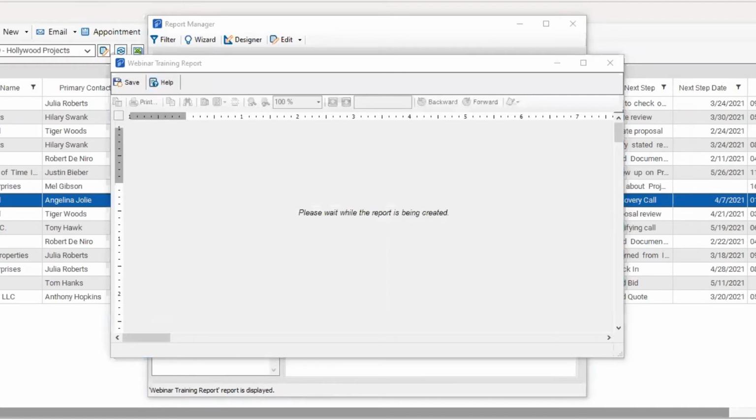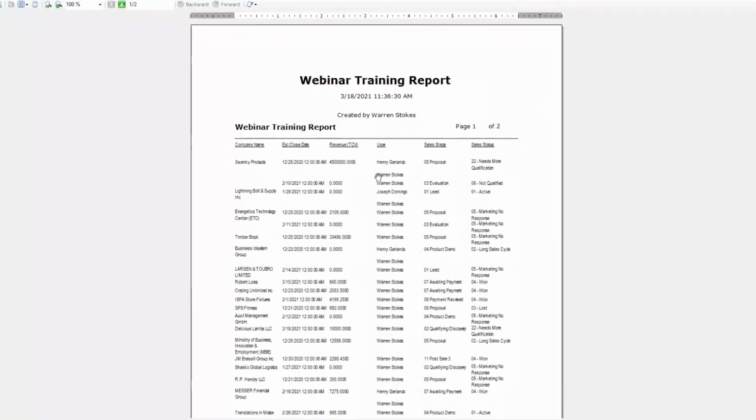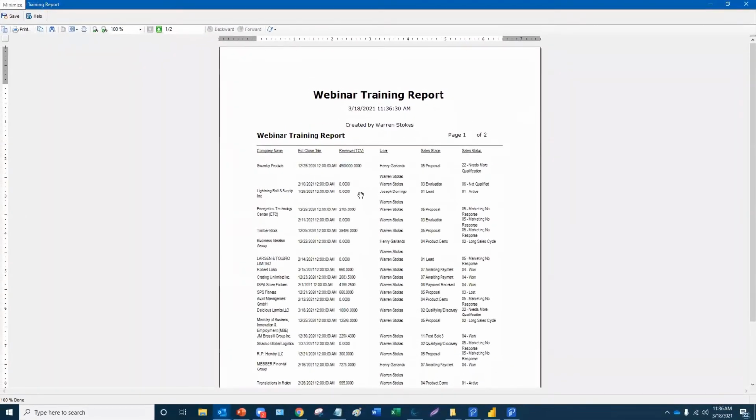Keep an eye on my chats and Q&A over here. Okay, looking good. Can you create a report showing multiple departments? That would probably be in the realm of custom reports. So one report showing multiple departments would be a custom report, but I'll show you dashboards that let you do that. In the report manager, that would be multiple reports or custom report. But here's that report we created. Here's the columns we wanted,